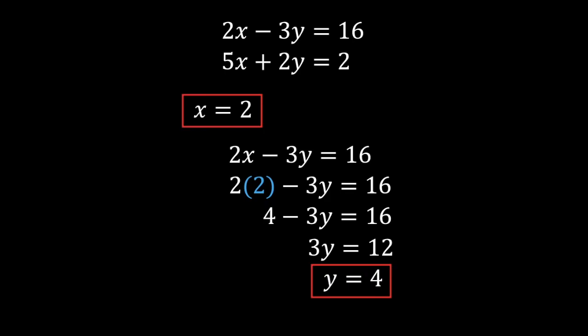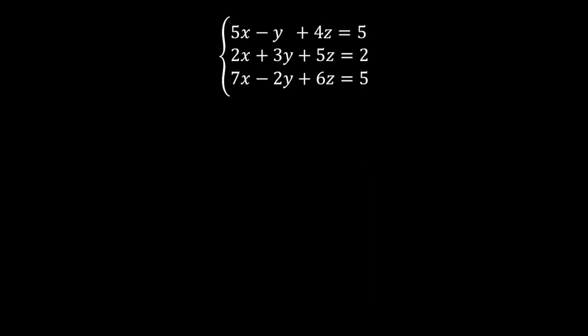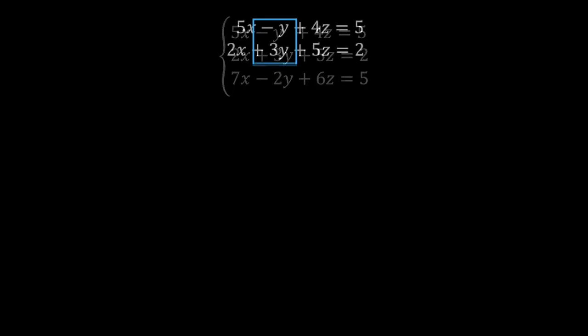Let's now have a more complicated problem that involves 3 equations and 3 unknowns. Let us first decide on which of these 3 variables do we want to eliminate first. Although we can select any of them, it would be more strategic to choose that which we anticipate is more convenient. In this case, y. Pick 2 equations that you want to pair up first. Let's choose equation 1 and equation 2.